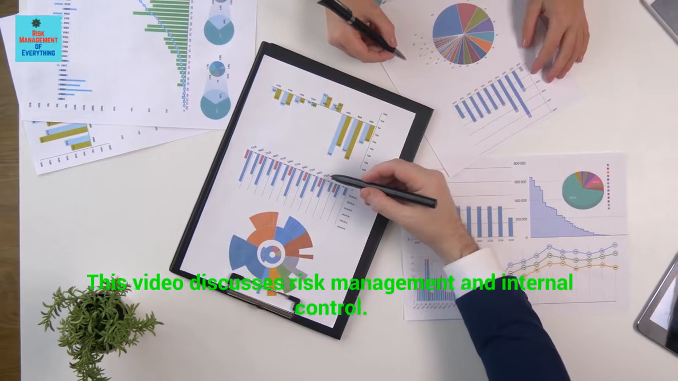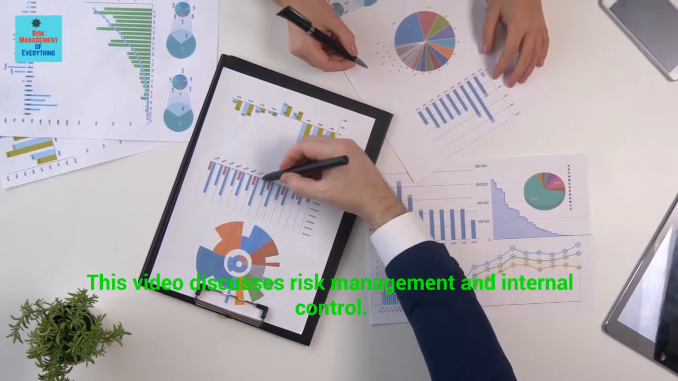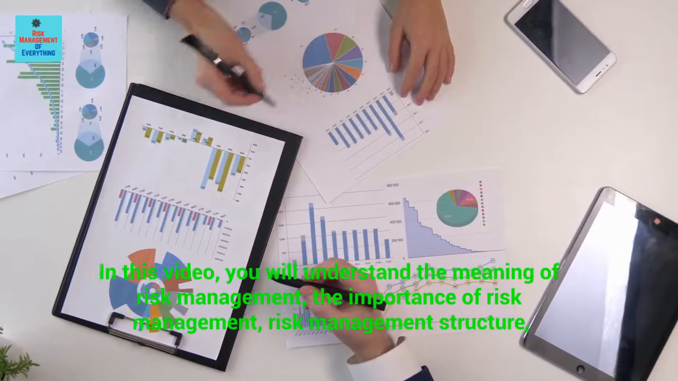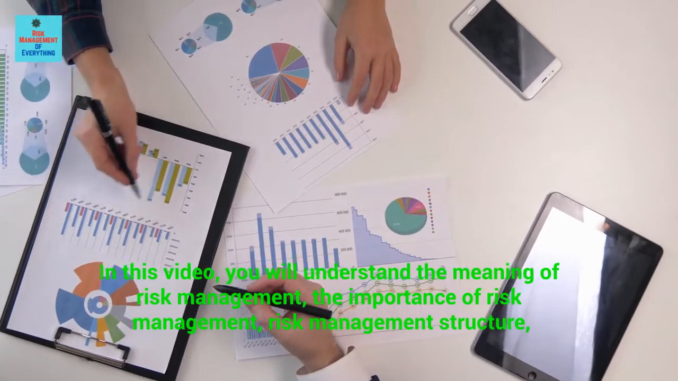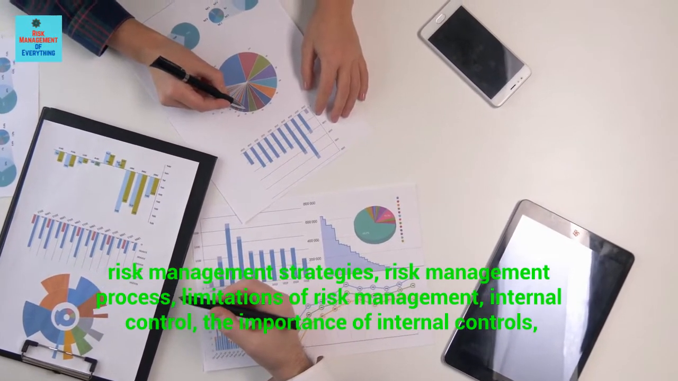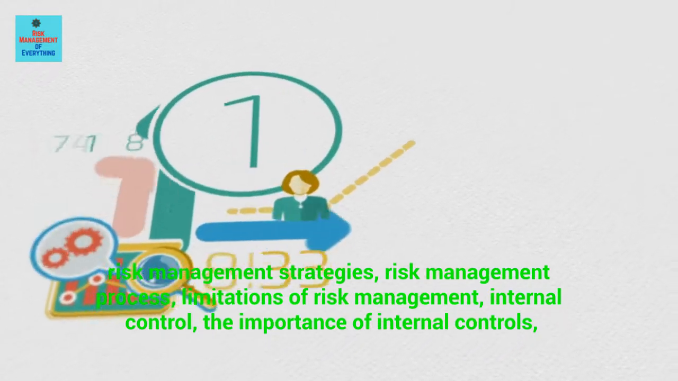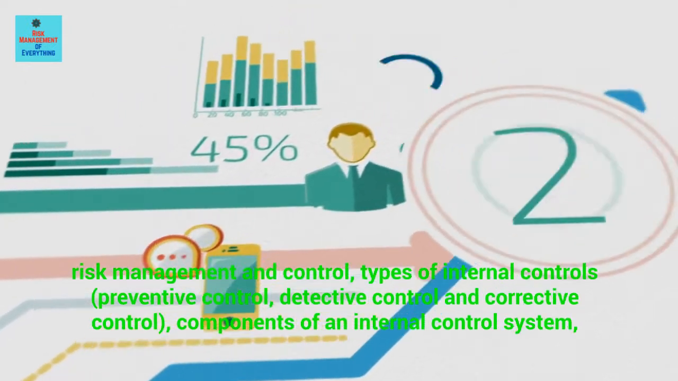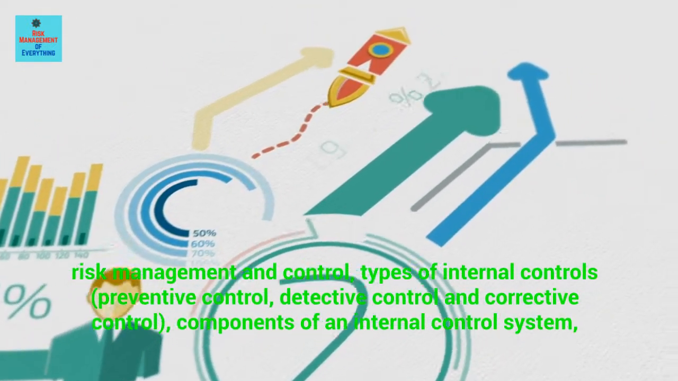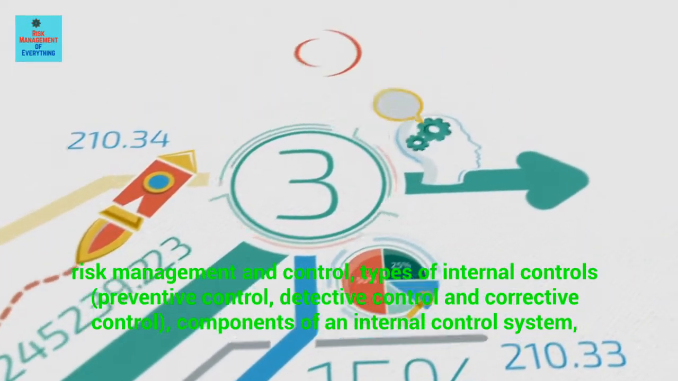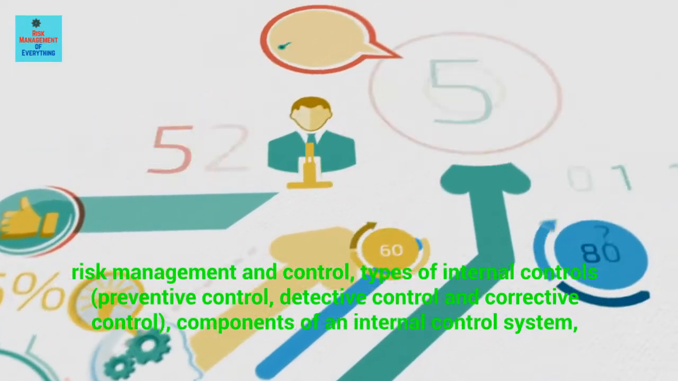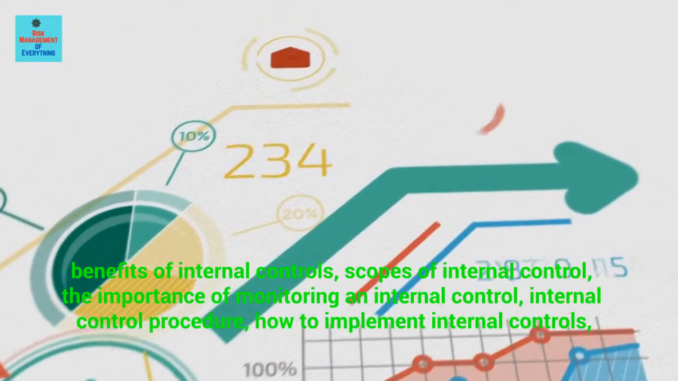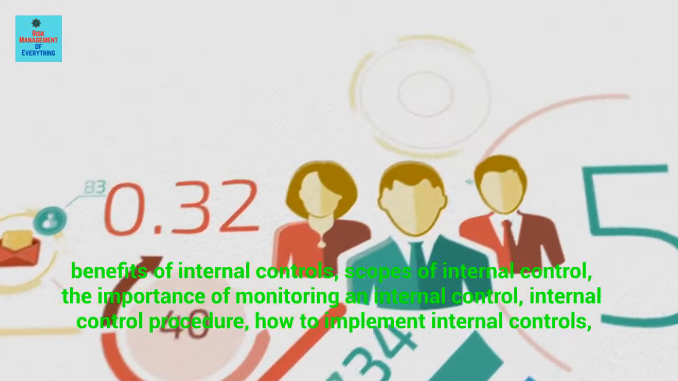Thank you. This video discusses risk management and internal control. In this video, you will understand the meaning of risk management, the importance of risk management structure, risk management strategies, risk management process, limitations of risk management, internal control, the importance of internal controls, risk management and control, types of internal controls, preventive control, detective control and corrective control, components of an internal control system, benefits of internal controls, scopes of internal control, the importance of monitoring an internal control